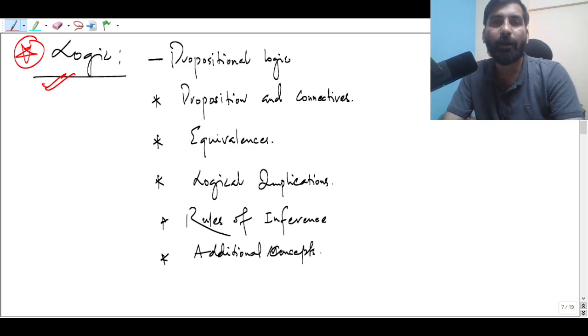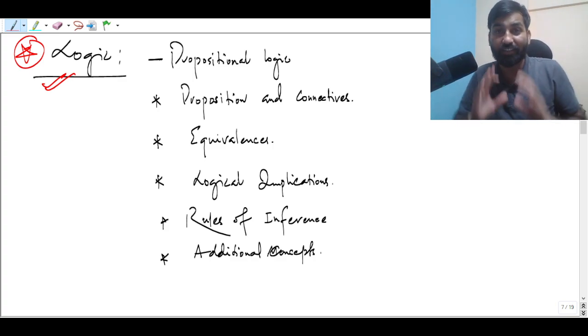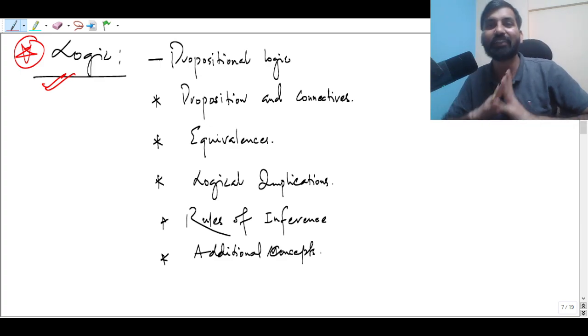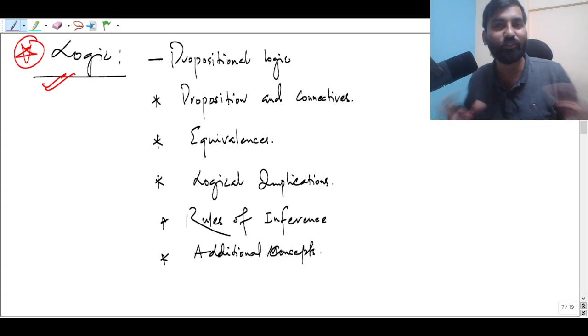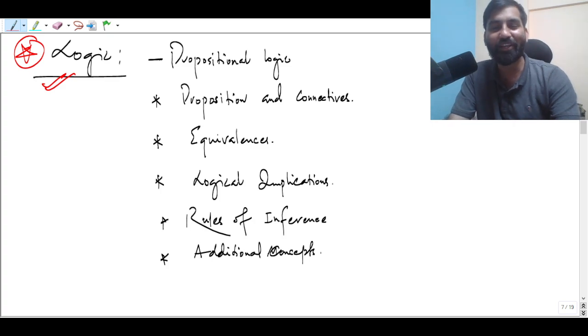Okay. So we'll talk about propositional logic, what a proposition is, and different types of connectives. We'll talk about equivalences, logical implications, rules of inference, and some additional concepts we are going to discuss. So right now you just have to have a glance at these topics, and there's no need to worry that you're not going to understand anything. Everything will be explained, as you know that whatever topic I teach,